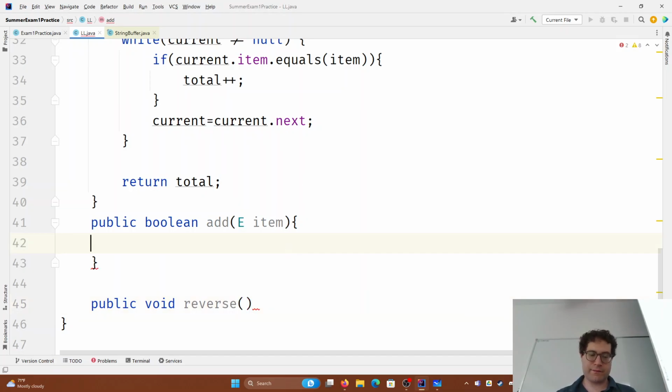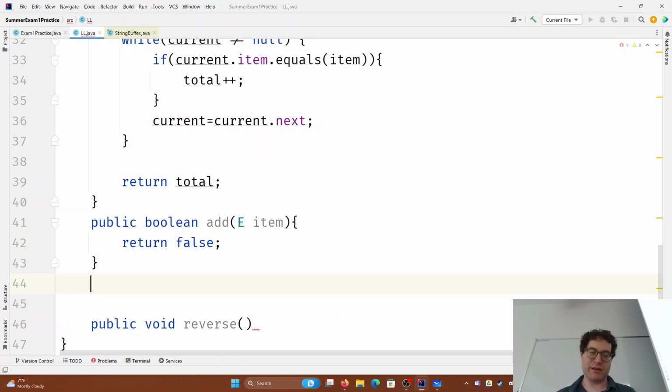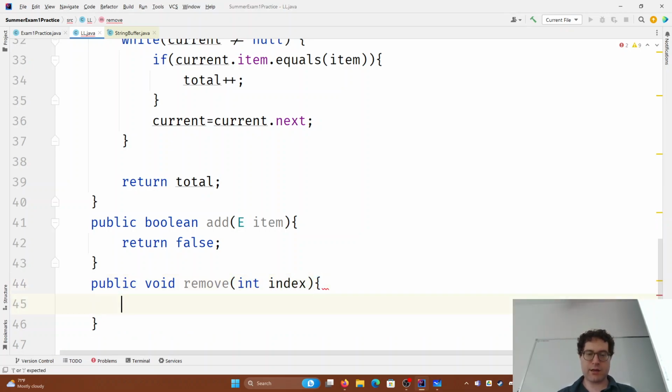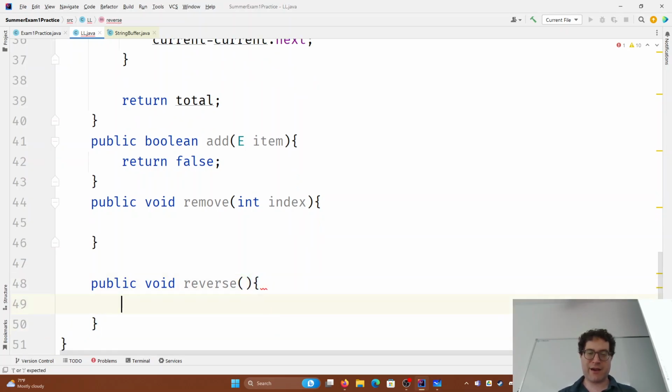Return false, because we're not going to do anything in it. I'm just making these so that it'll compile. Public void remove(int index), right? So to reverse, you're like, great, I've got this